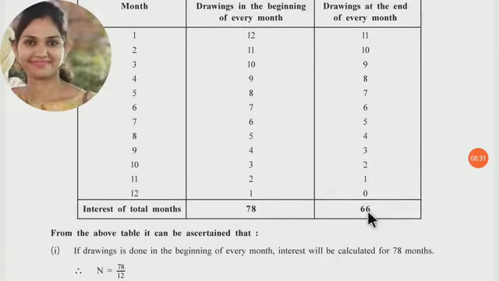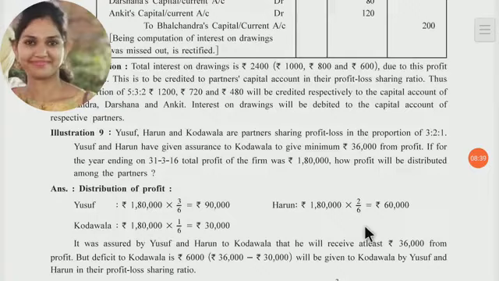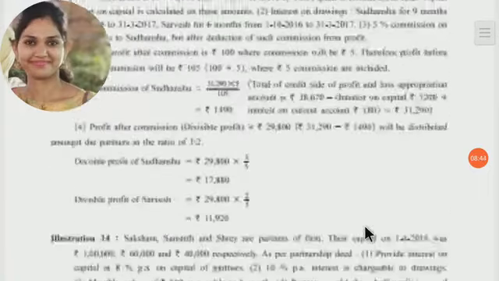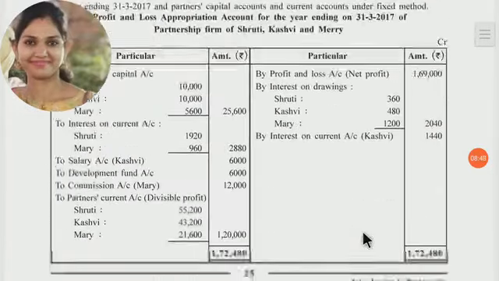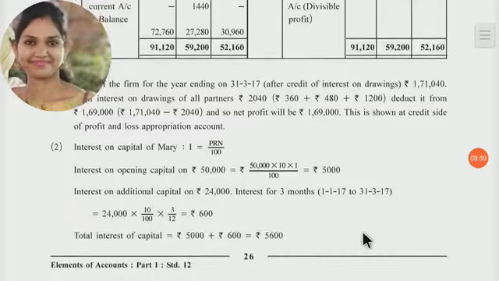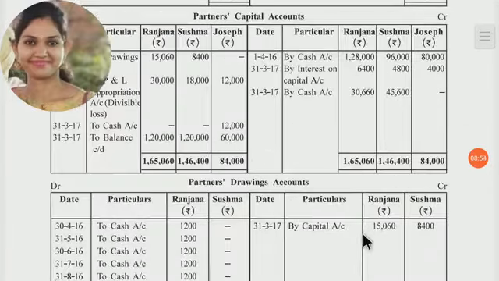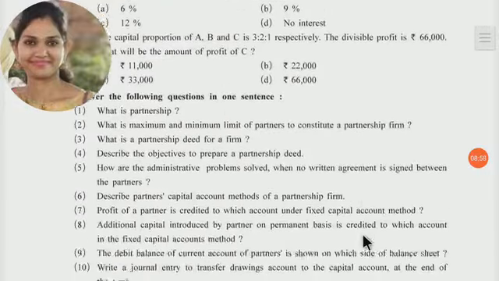Let's try to see this type of sum, this type of exercise sum. Come to the exercise. There are a total of 11 or 12 sums in the exercise. All the sums are very important for the exam, because from these 11 or 12 sums, the board will ask the question. Remember this thing. So focus on these questions.